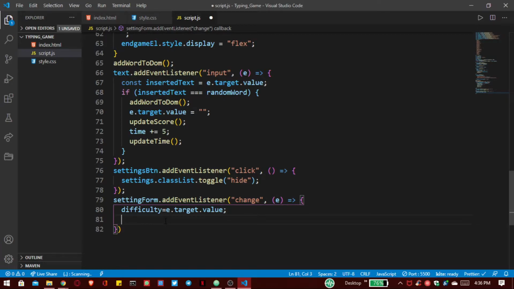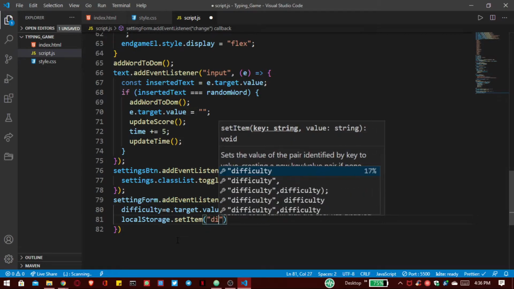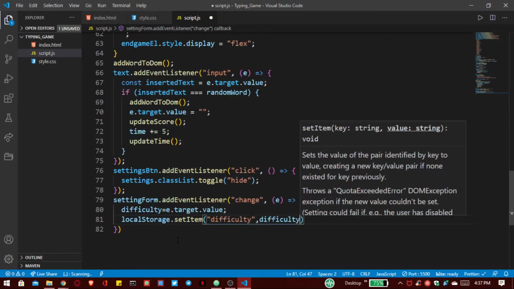After that we have to pass this by default local storage functionality because all difficulty will be working on our own storage. So easy has another storage, medium has another storage and hard has another. So we use this by default local storage method that JavaScript provides us. Inside that we pass this set item. Here we have to pass our difficulty like this.